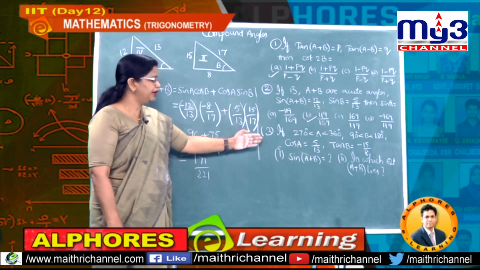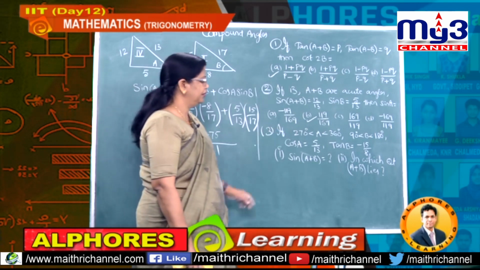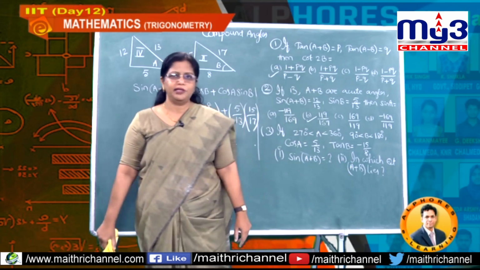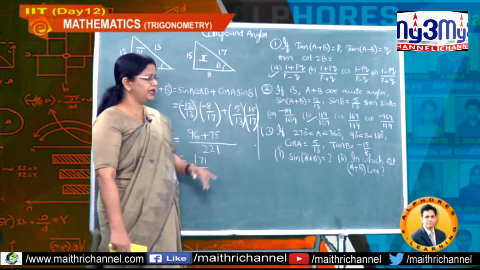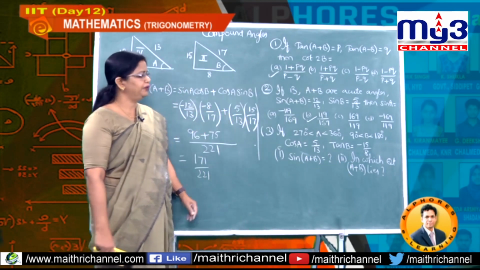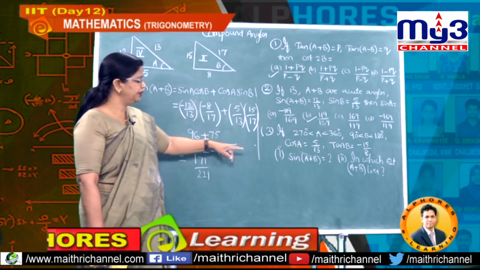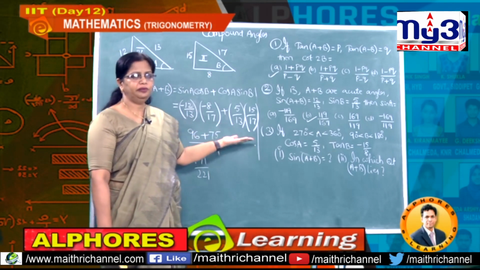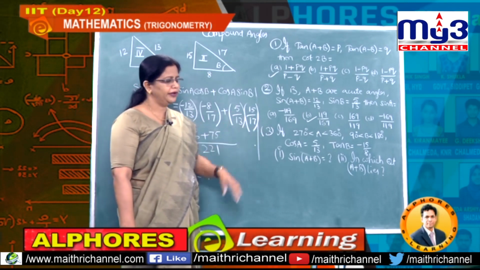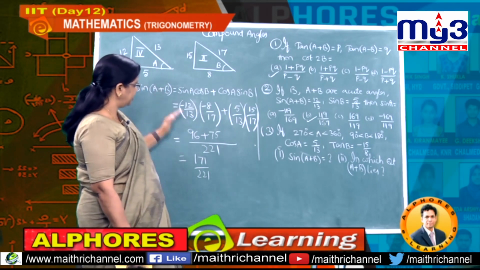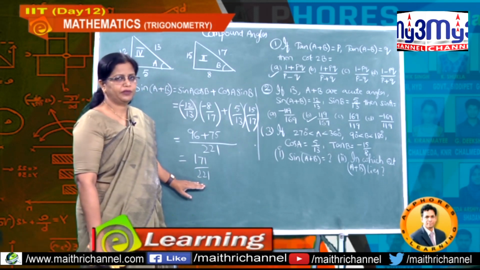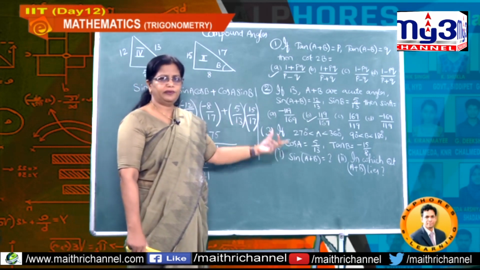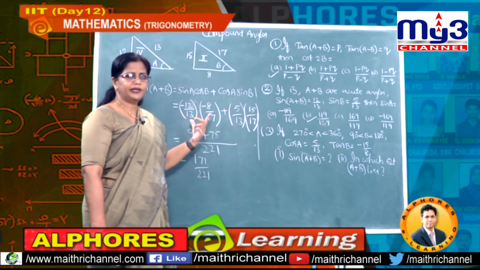Now what about the second question there? In which quadrant A plus B lies? Whenever they ask you about a quadrant-wise value, you must observe, not only with one value you decide, you have to find another value which belongs to a different quadrant. Observe, I got sin of A plus B as positive, implies what is our information? A plus B may be in the first quadrant or it may be in the second quadrant.